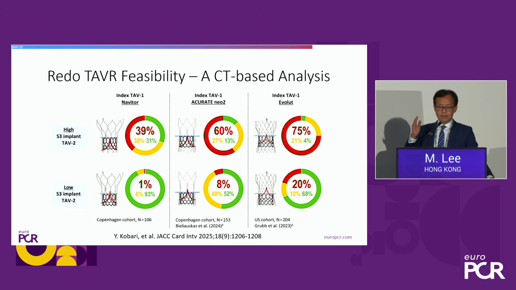If we compare the different tall frame self-expanding devices, you can see that if we implant the S3 Edwards valve high, then the easiest to re-engage, or the least chance that the coronary arteries will get occluded, will be the Navitor valve. And even if we implant low, even though the rate is lower, we still will get a much lower rate with the Navitor device. That means if we want to have less coronary obstruction and better later coronary reaccess, we should implant the Navitor at the